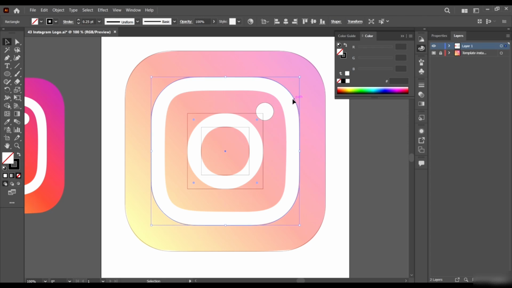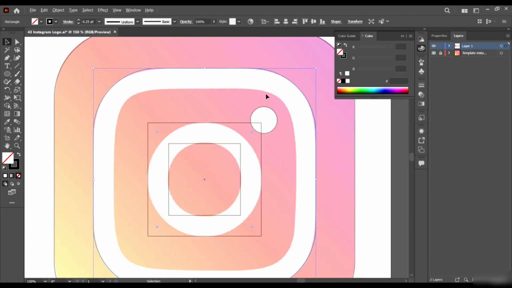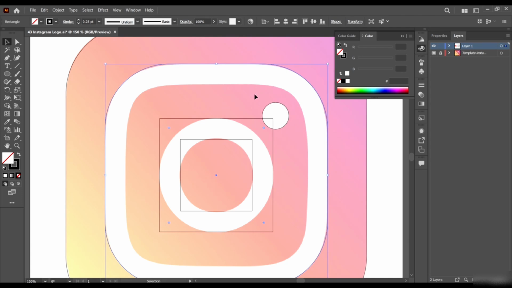I think we forgot to draw this one. So just copy and paste in front, Ctrl C, Ctrl F, and then drag it out like this to create a curve, right?